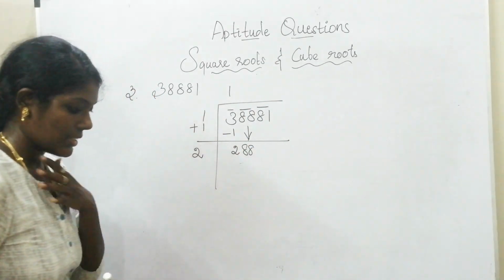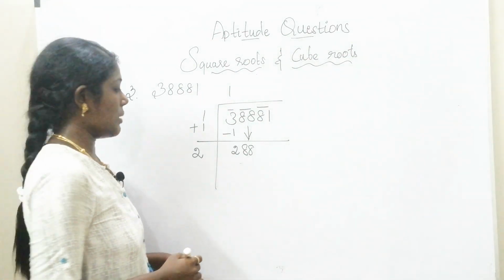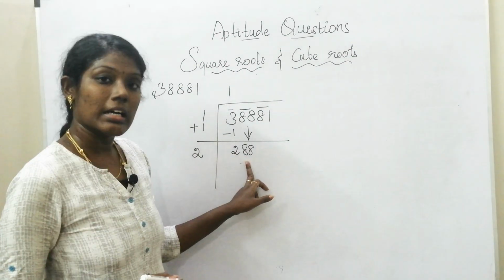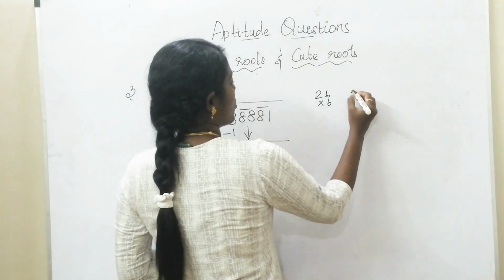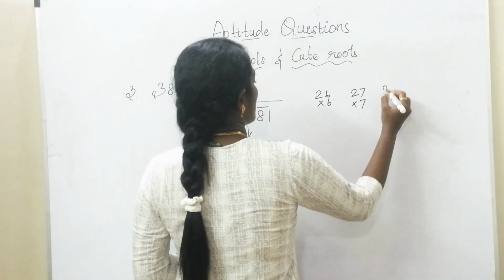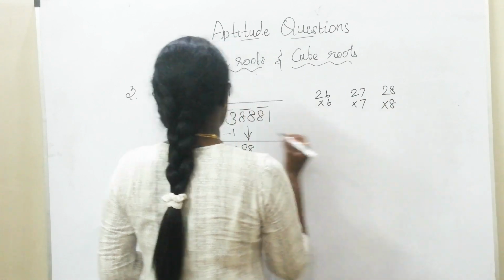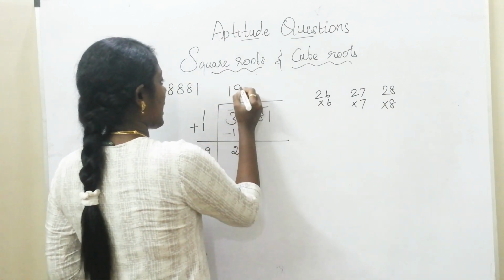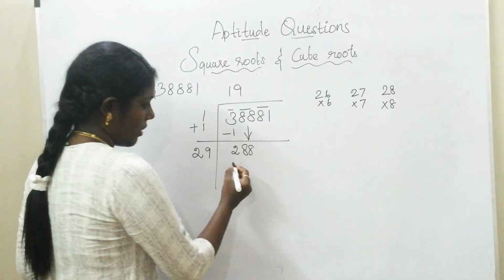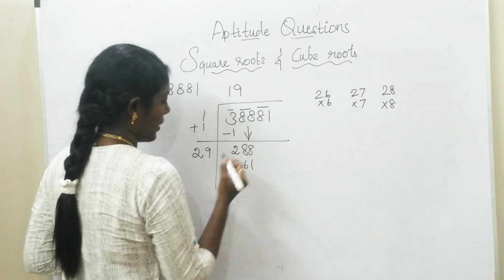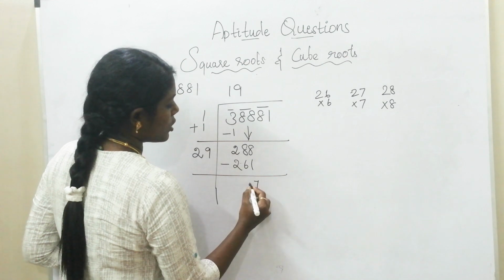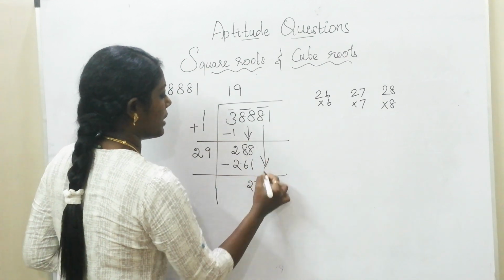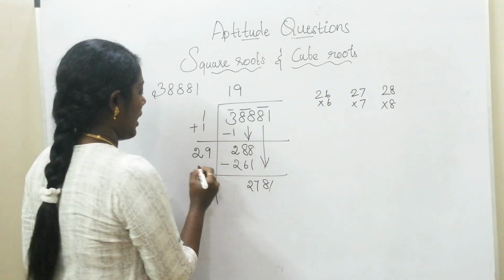And here I will add whatever number is on top. So 28. Next, I am going to multiply and check which number is nearer to this. I may try 26 into 6 or 27 into 7 or 28 into 8. I go with 29 into 9 so that I think that it will be the nearest number, which is 261. Now I am again subtracting this, which gives me 27, and I am going to bring this 81 down, and